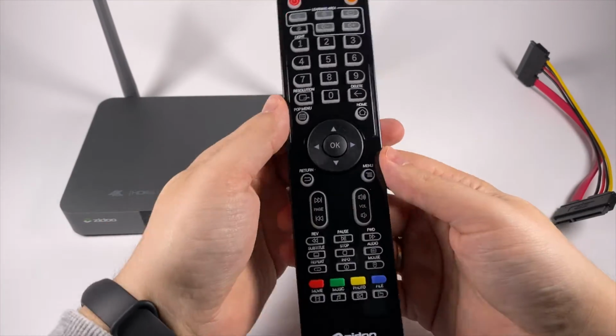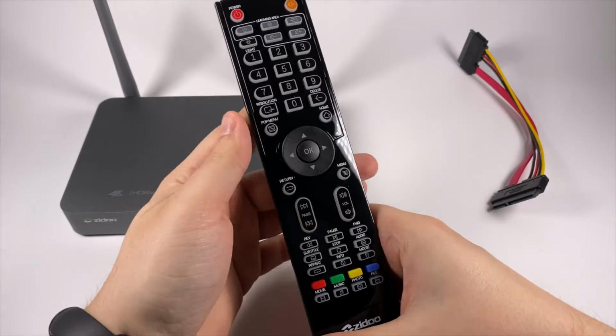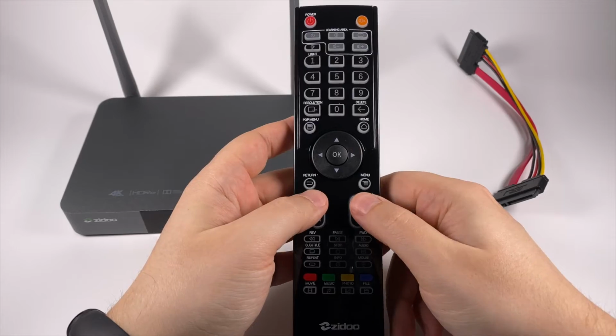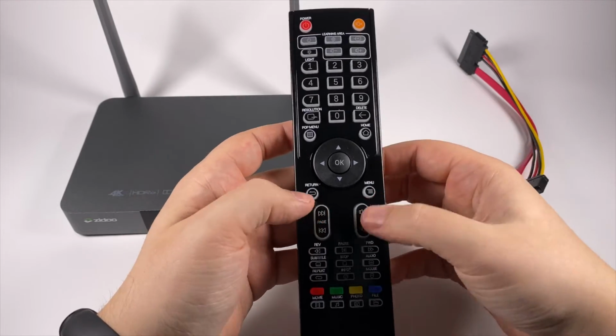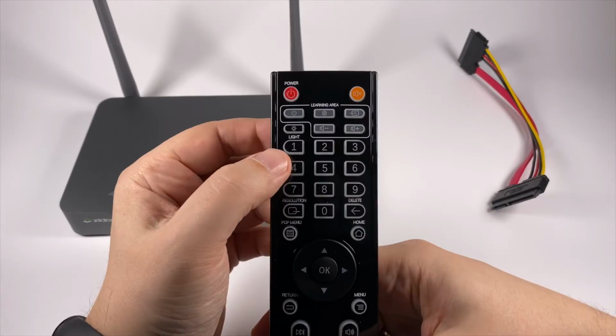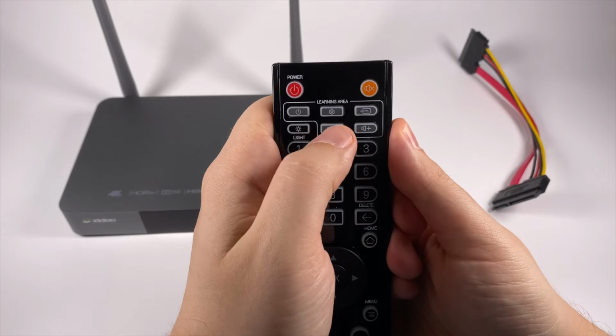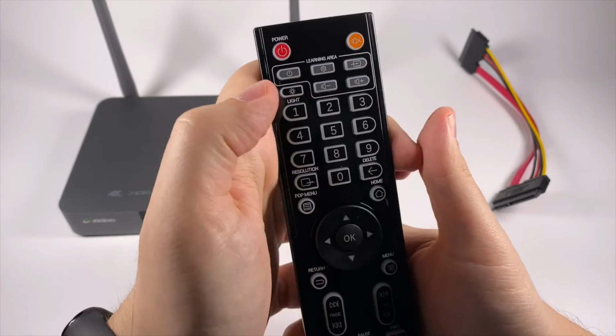Remote control is also really convenient. After some usage you enjoy it. It has backlit buttons, so even in the darkness for a few seconds you're just pressing any button and you can see what to tap here. It has a special area with 5 buttons you can learn from your TV set. And basically it's all